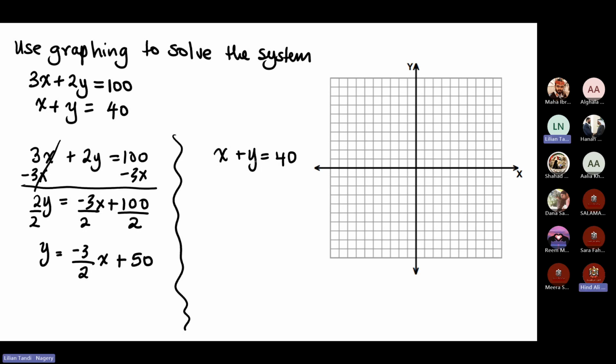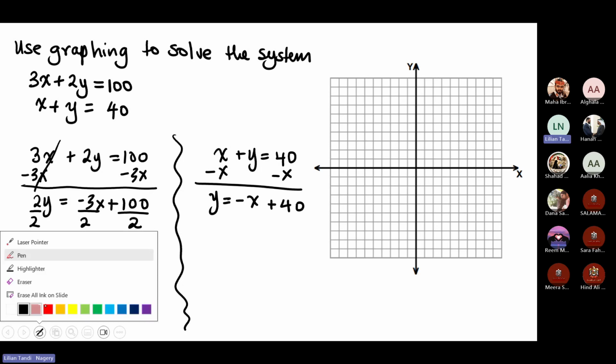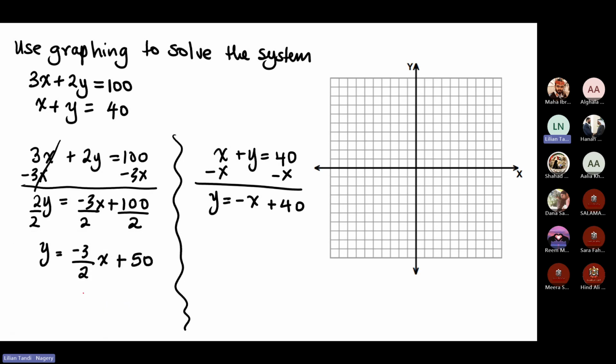I will come over here and do the same thing. I will get y equals negative x plus 40. Now, there are 2 important things for me. I don't want to use the table because it's too much time for me. I know this is the y-intercept. This will become my first point, (0, 50). I know this is my slope. I will do 2 right,